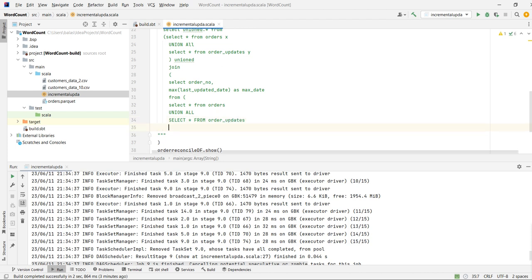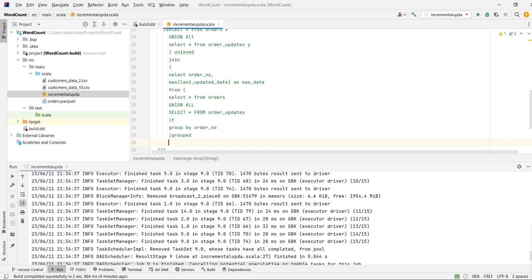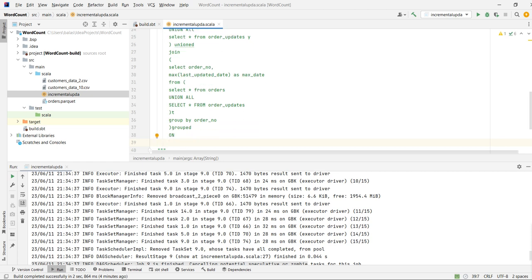Now we'll close it, take some alias as t. Now we'll say group by order number. Let's say some alias as grouped, say on, let's say